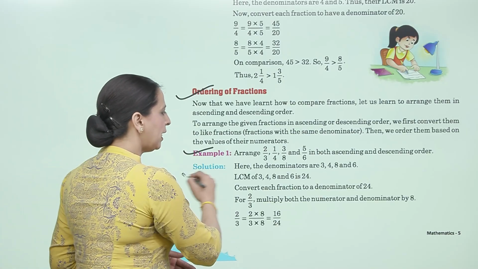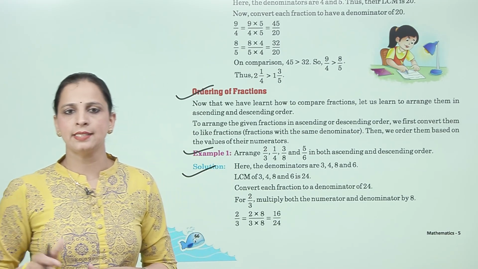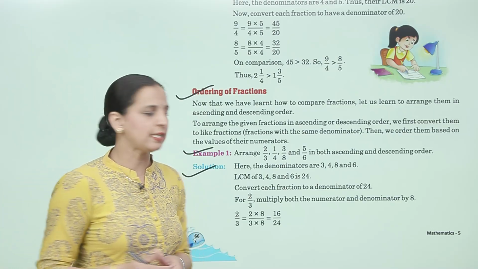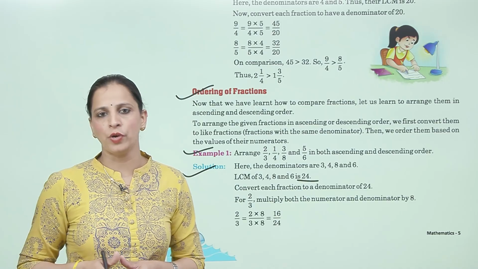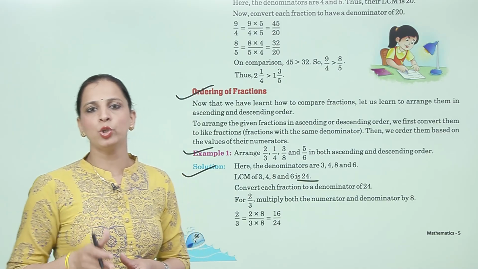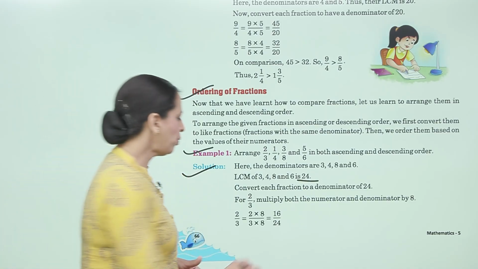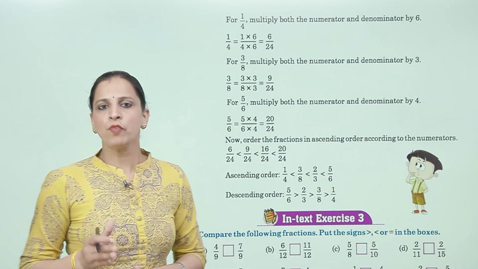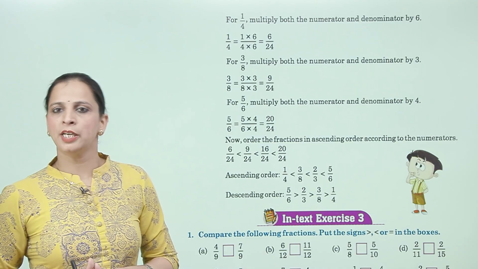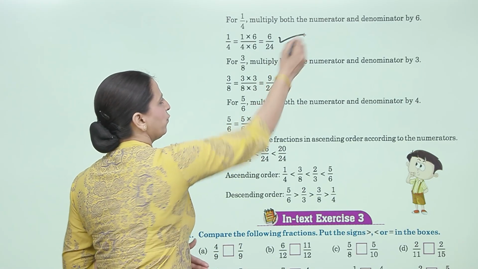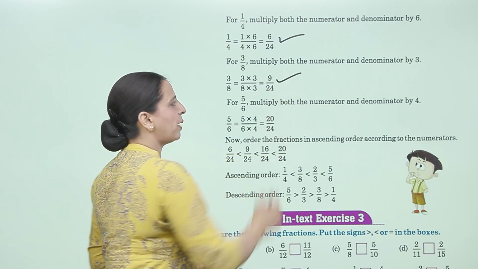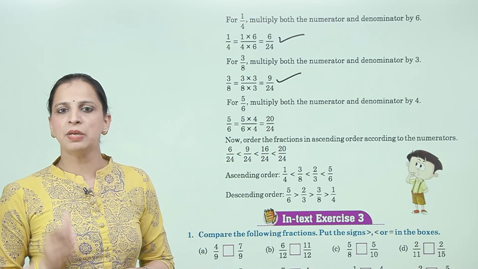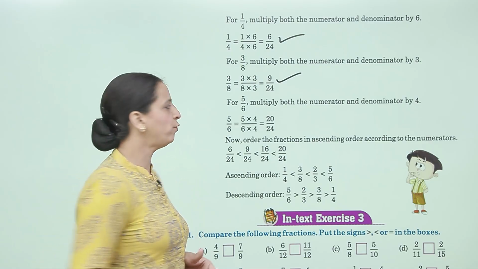Now solution, here the denominators are 3, 4, 8 and 6. LCM of 3, 4, 8 and 6 is 24. Now convert each fraction to a denominator of 24. For 2/3, multiply both numerator and denominator by 8. When we multiply by 8, we get 16/24. For 1/4, multiply both numerator and denominator by 6, we get 6/24. For 3/8, multiply both the numerator and denominator by 3, we get 9/24. For 5/6, multiply both the numerator and denominator by 4, we get